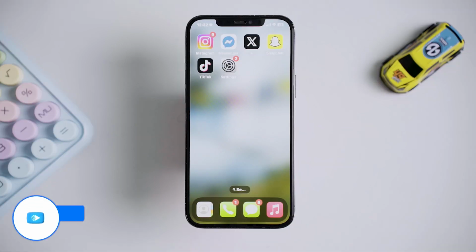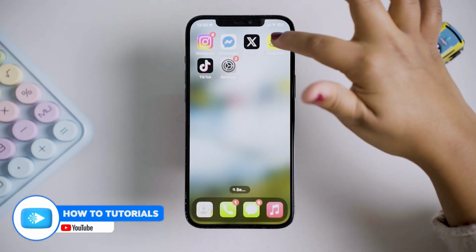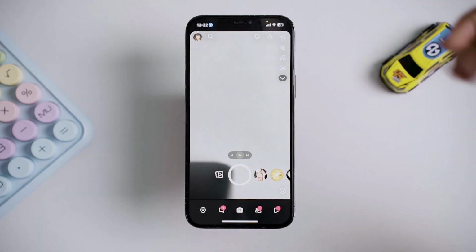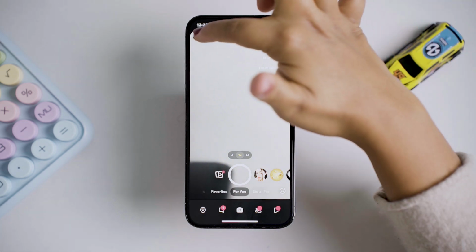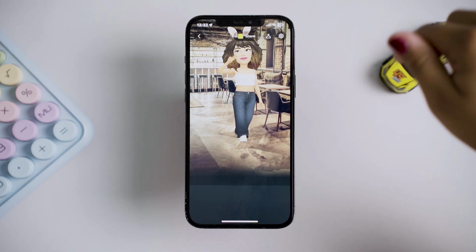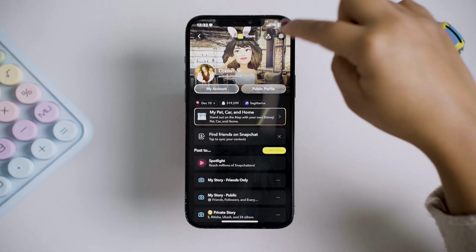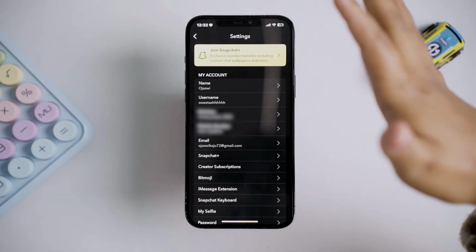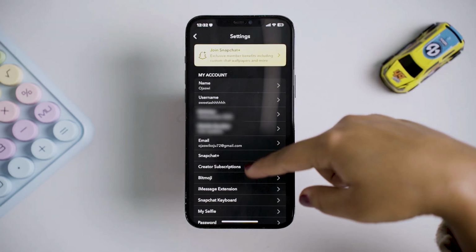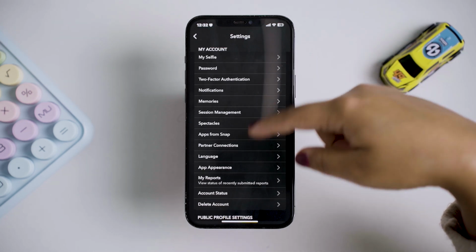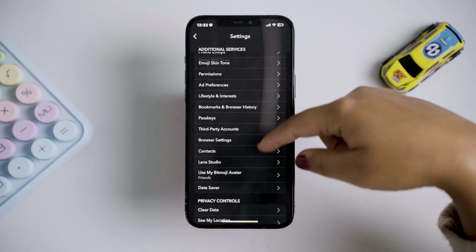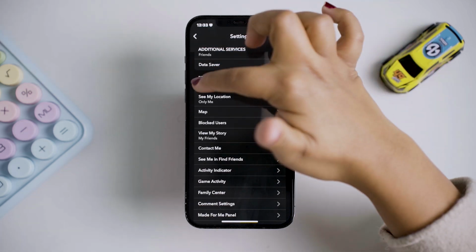Well, it's quite easy. What you're going to do is simply get to the Snapchat, make sure that you're logged into your account, and then from here all you need to do is tap on your profile icon right here and then tap on this gear like icon, get to the settings of your Snapchat, and then from here all you have to do is scroll down until you see the option of privacy control, and under it here you